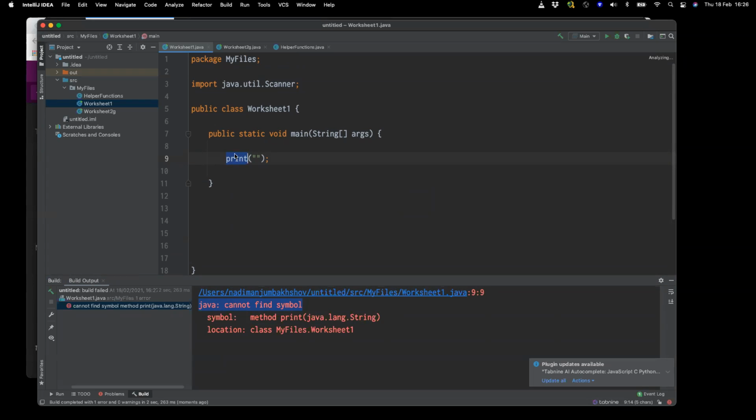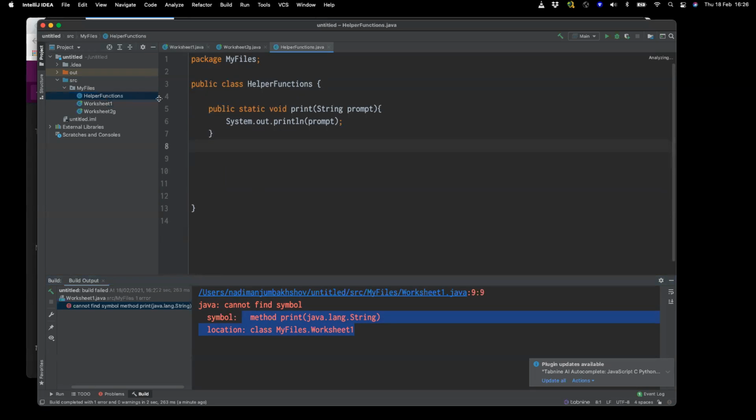Bear with me a second, Sophie. We'll come back to those more specifically. It's not automatically linked. That's my first point. You notice I've taken it out of that particular worksheet class, and it can't see it. It's complaining. Where is it? So I have to link it. Now it's sitting in its own file over here in something called helper functions.